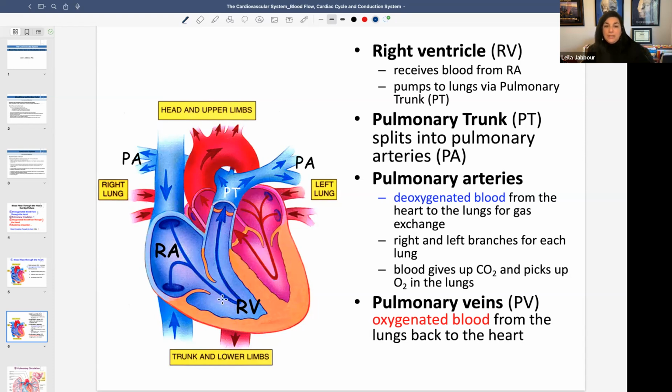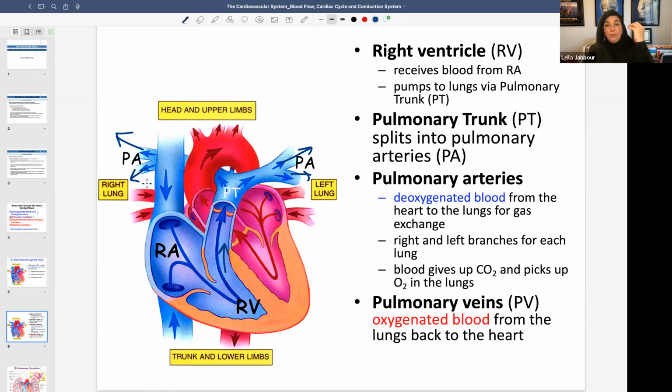And so it ends up in the right ventricle, and the right ventricle has the big job of pumping this deoxygenated blood up and out to send it to the lungs, because remember, this is deoxygenated blood, so we need it to be reoxygenated. Where do we do that? In the lungs. So via the pulmonary trunk and across the pulmonary semilunar valve, the blood will get pumped upwards by the right ventricle into the pulmonary trunk and distributed to the lungs, right and left lungs, via these pulmonary